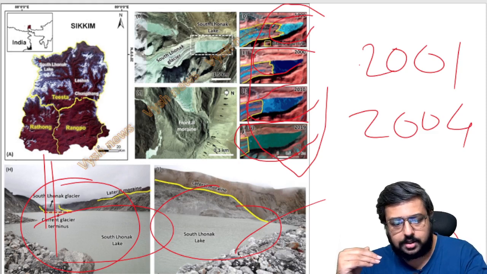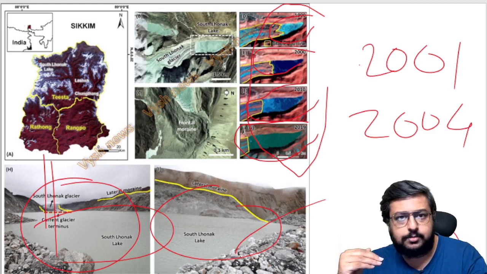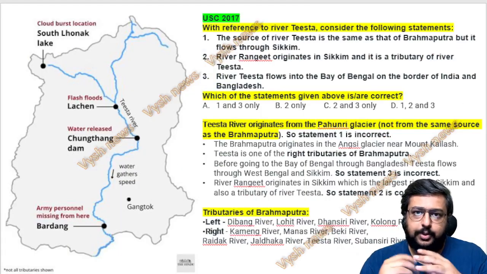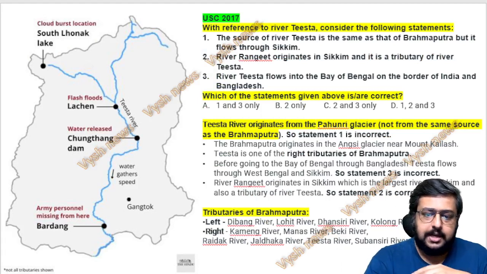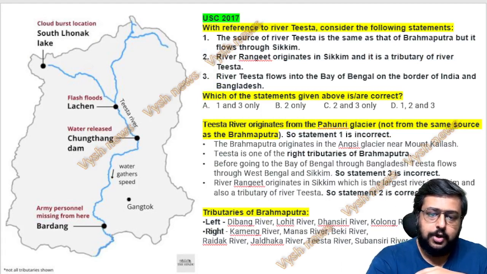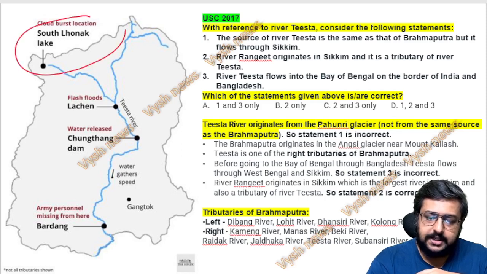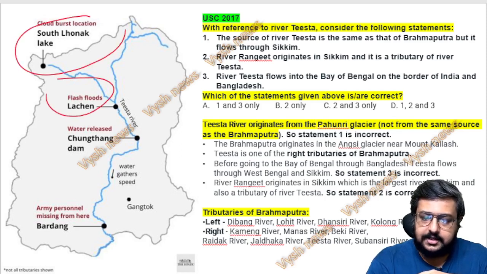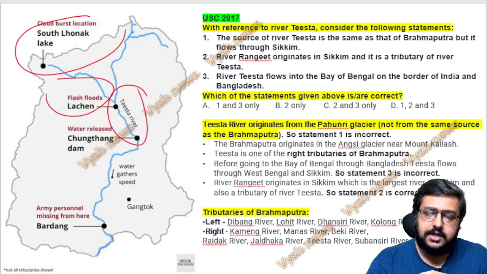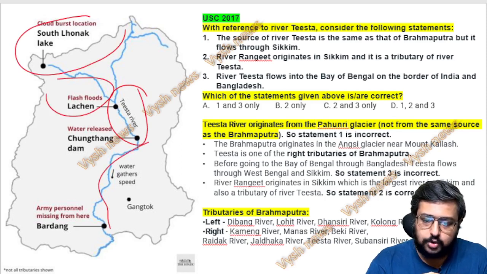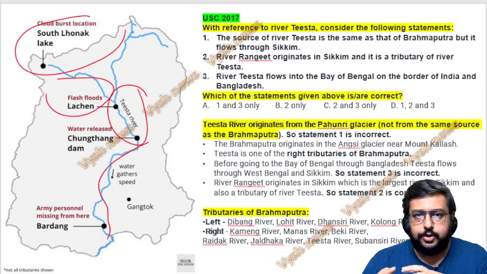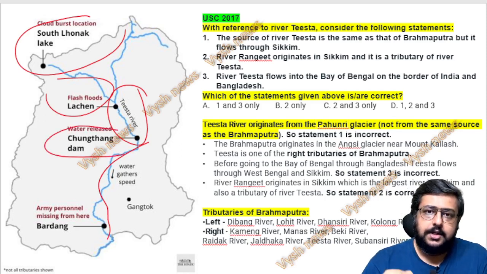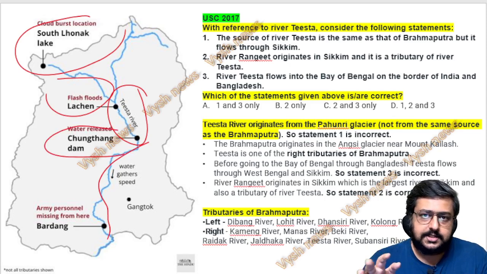So now if you go into more details, the map is the more important thing for your exam and a UPSC question in 2017. So cloudburst happened here, southern Lonak area, and when this happened, flash floods happened, and that flood went into Teesta river, and Teesta river is the one which later joins the Brahmaputra river, and Brahmaputra is also one unstable river. And here there is a dam, this Chumthang dam, it broke. Now today it doesn't exist. The floods washed it away, the dam is gone.